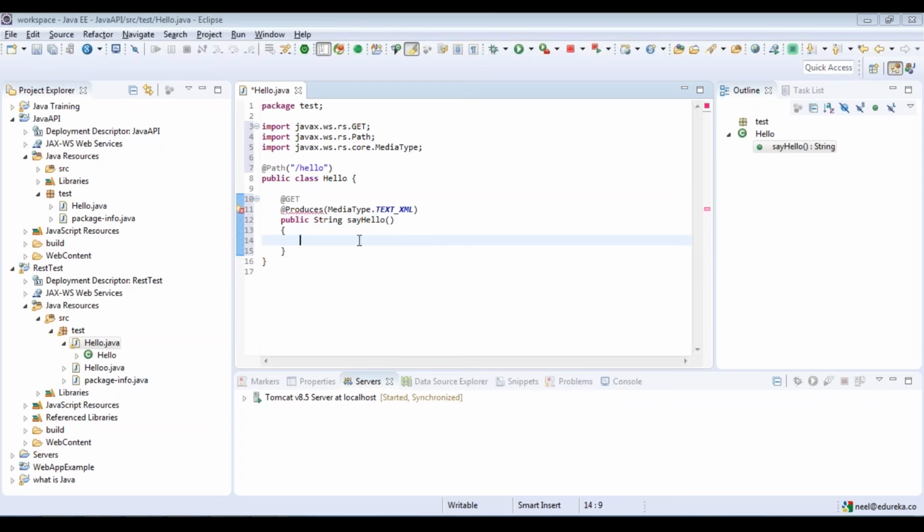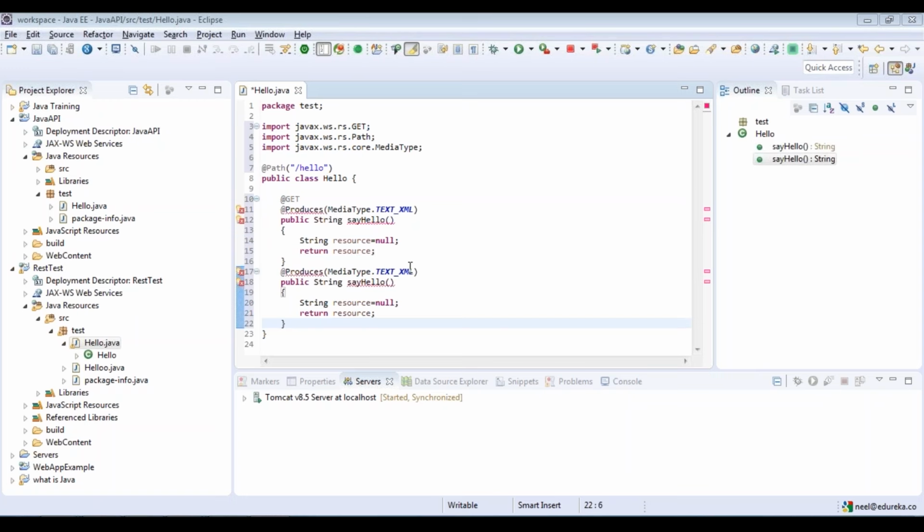Now let me define a string that is going to get returned to the user. Let's say resource, I'll give it null and I'll return this. So in case my resource type is textual XML, it's going to return this resource null. This is not the actual code, we'll be modifying this. I'll just copy this